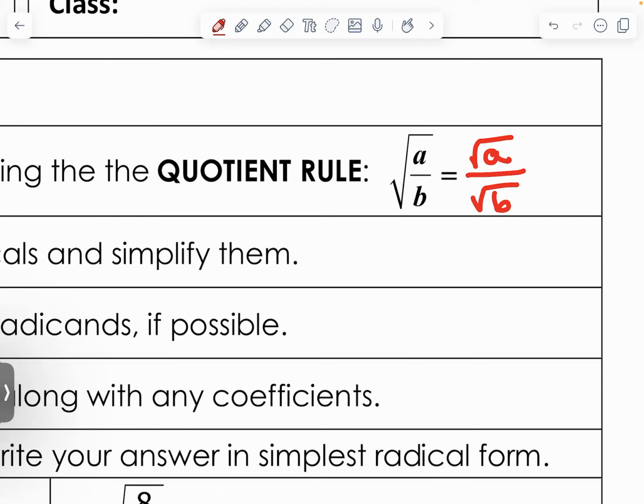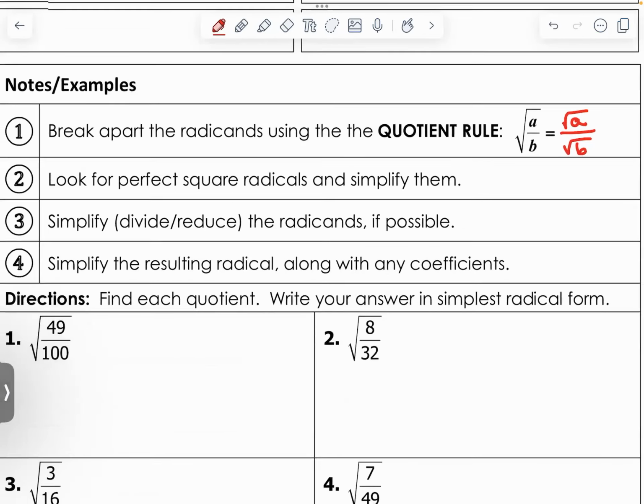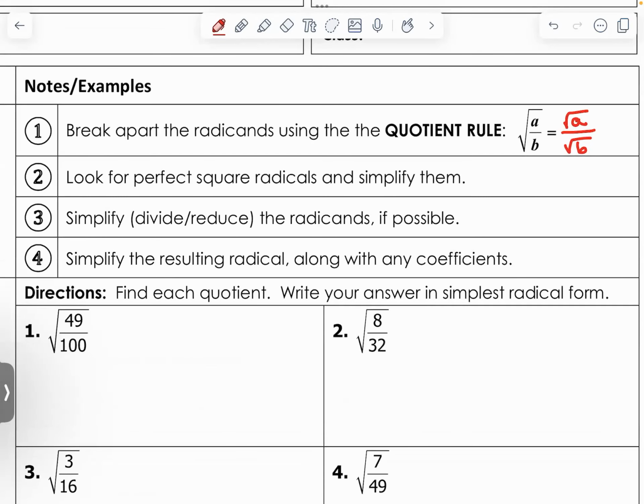Now here is where things get kind of weird. Look for our perfect square radicals to simplify. We need to simplify any of our radicands, and we need to make sure that our coefficients